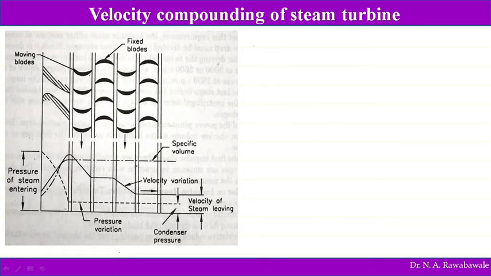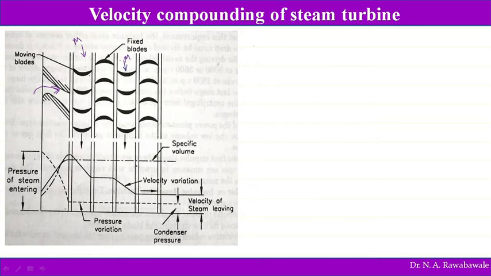So there are three types of compounding: velocity compounding, pressure compounding, and velocity pressure compounding. First we will discuss velocity compounding of a steam turbine. In the arrangement of this type of compounding, shown in this figure, there is only one set of nozzle through which steam is passed, and two or more rows of moving blades. Here this is the first row of moving blade, this is the second row of moving blade,